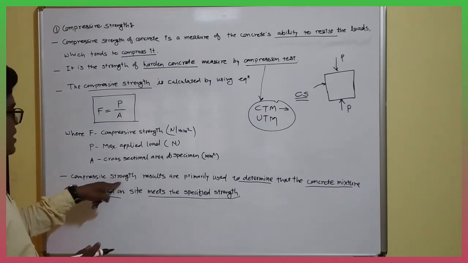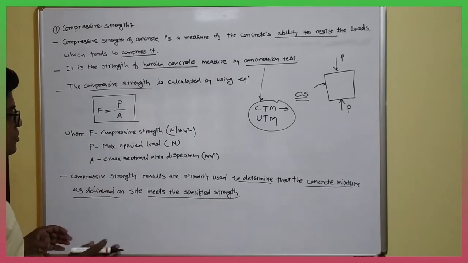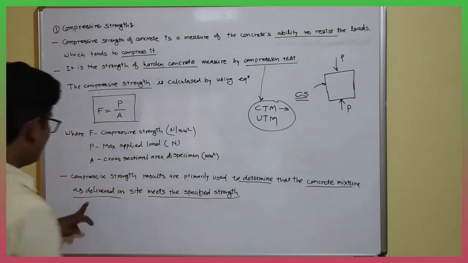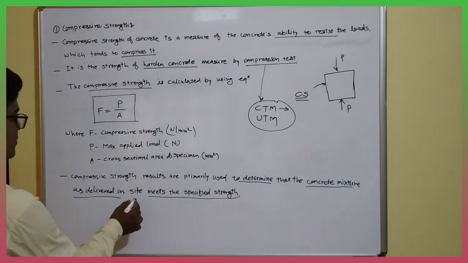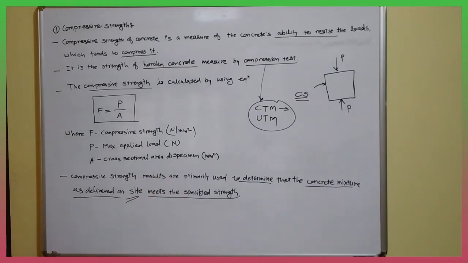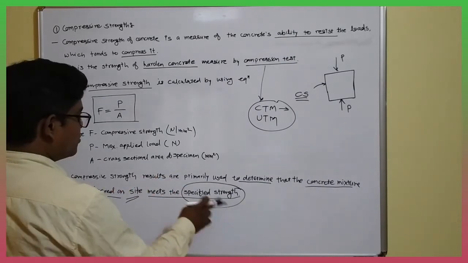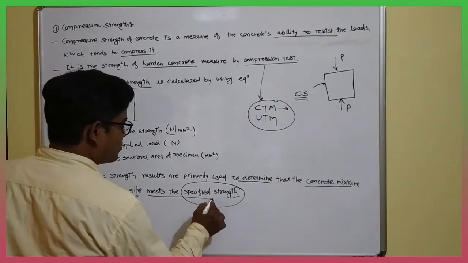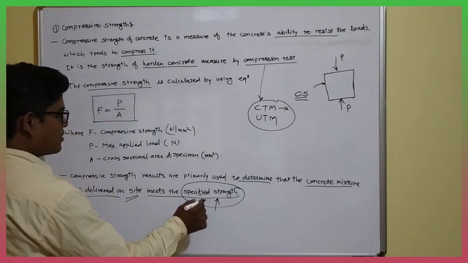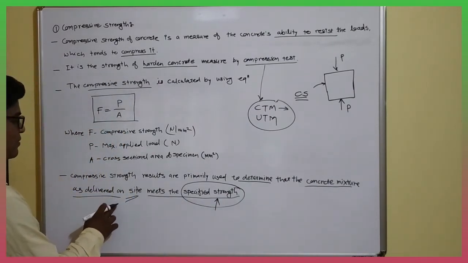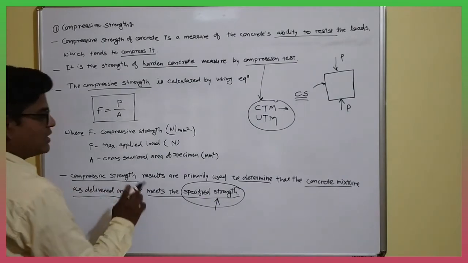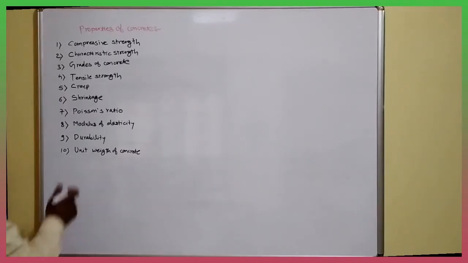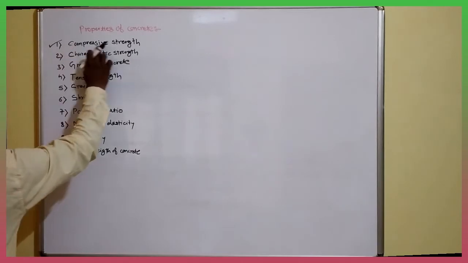तो हम कॉम्प्रेसिव स्ट्रेंथ जो निकालते हैं कंक्रीट की, तो उसका यूज क्या है, किस लिए यूज होता है? टू डिटरमाइन दैट द कंक्रीट मिक्सचर एज डिलीवर्ड ऑन द साइट, मतलब साइट पे जो भी कंक्रीट आपने डिलीवर्ड किया है, जो मिक्सचर डिलीवर किया है, तो वो स्पेसिफाइड स्ट्रेंथ इतना ही है कि नहीं. जैसे कि आपके स्ट्रक्चर के लिए जो स्पेसिफाइड स्ट्रेंथ दिया है, ठीक है, तो वो कंस्ट्रक्शन में वही कॉम्प्रेसिव स्ट्रेंथ है क्या नहीं, ये डिटरमाइन करने के लिए आपको कॉम्प्रेसिव स्ट्रेंथ की जरूरत पड़ती है. तो दिस इज अबाउट फर्स्ट प्रॉपर्टी, कॉम्प्रेसिव स्ट्रेंथ.